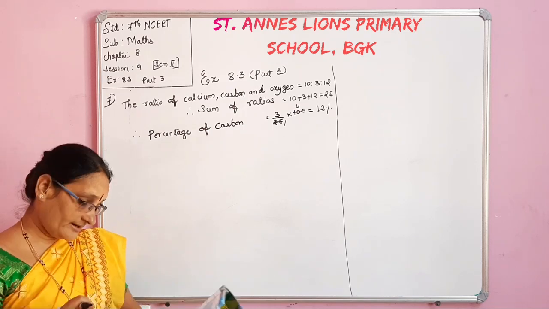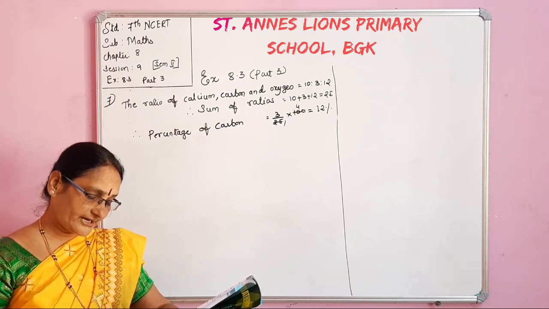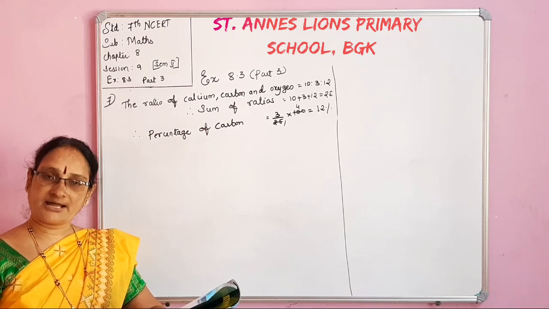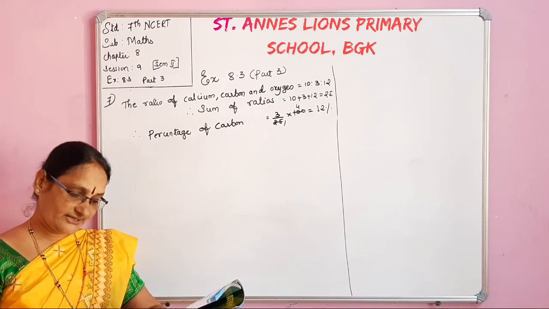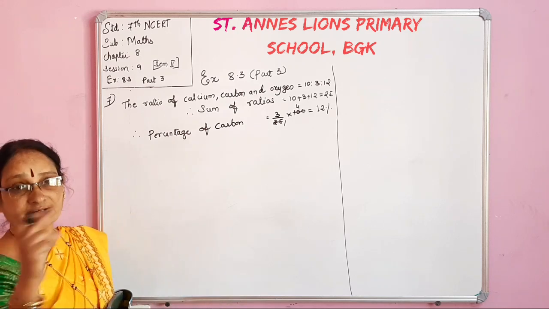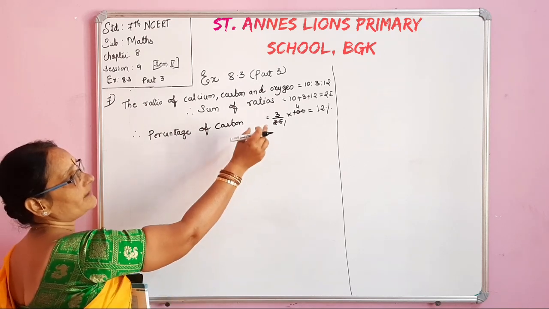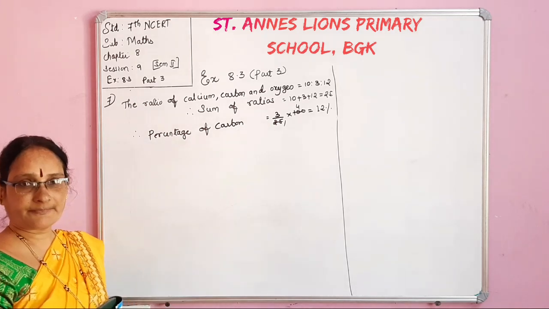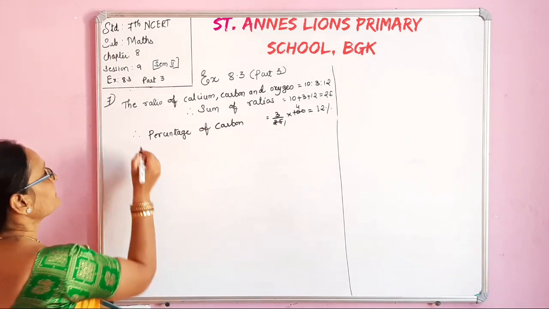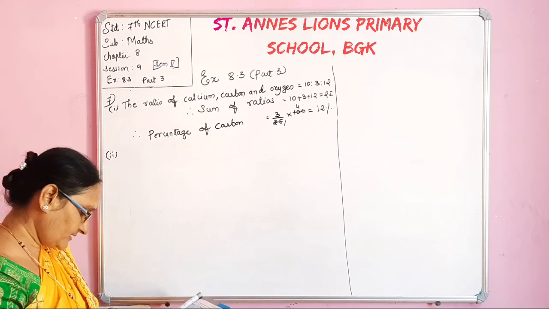Okay. Then next one more question they asked. If in a stick of chalk, carbon is 3 gram. Carbon is 3 gram. What is the weight of the chalk stick? The total weight of the chalk stick we don't know. Okay. Now we know only the percentage of carbon. But here the weight of the carbon is given. What is that? This is the first answer. Second one. What is the weight of the carbon?